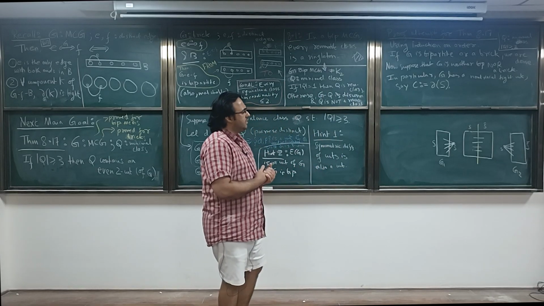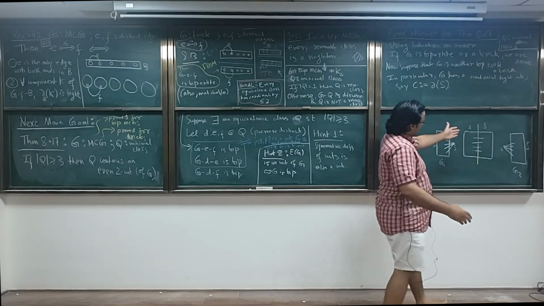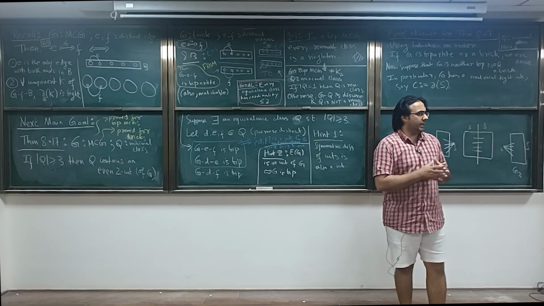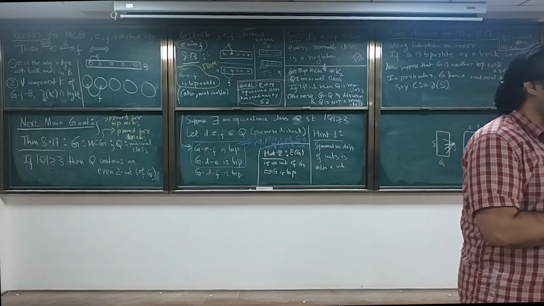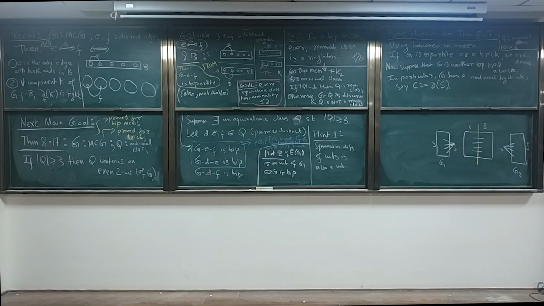The edges of Q could be anywhere in this graph. Actually, that is something worth thinking about. What is the intersection between Q and this cut? How much can it be? Q is a minimal class. The cut is a tight cut. So